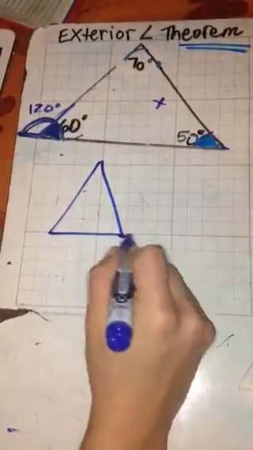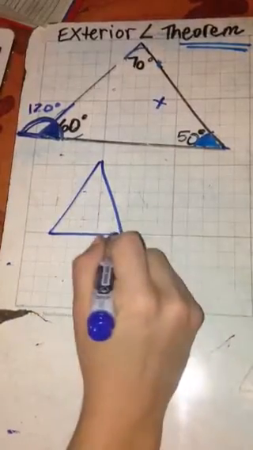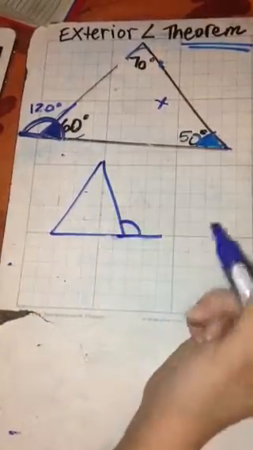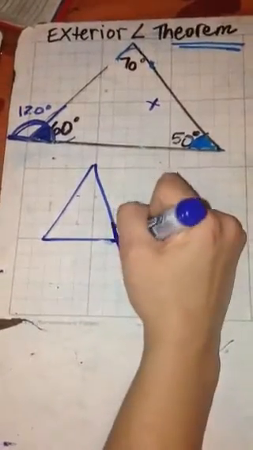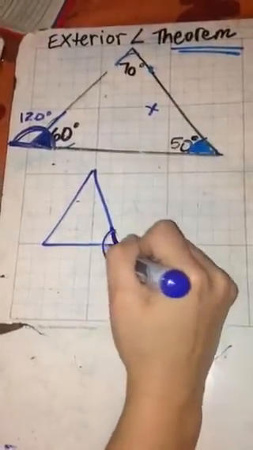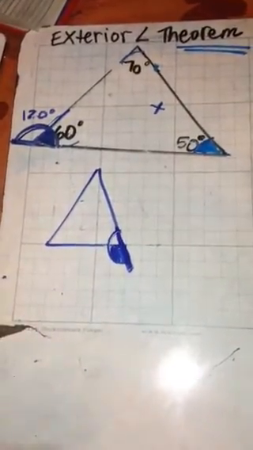And then you create exterior angles by just extending one of the sides. So you could extend this here and you created an exterior angle. Or you could extend this here and you created an exterior angle. This angle here. But I want you to give estimates first. So when you create your triangle,